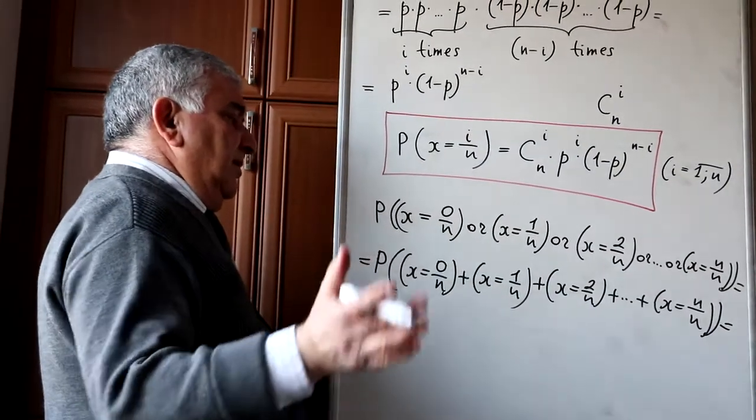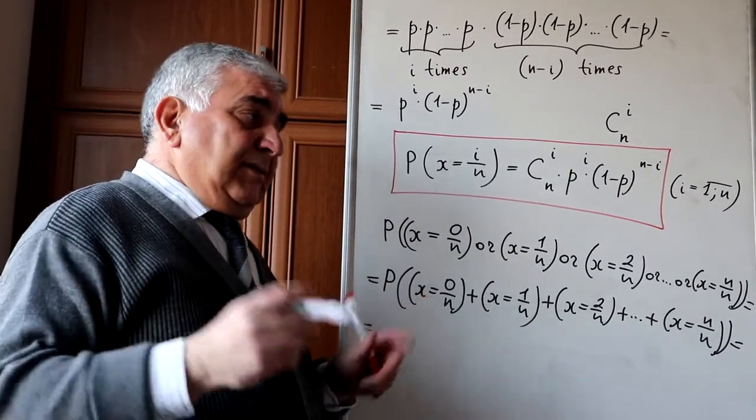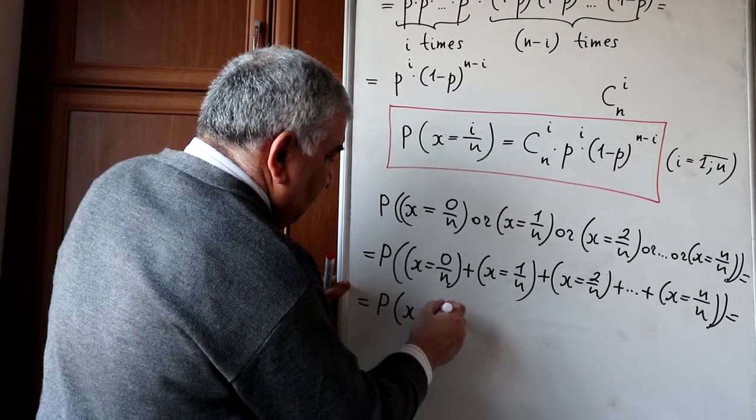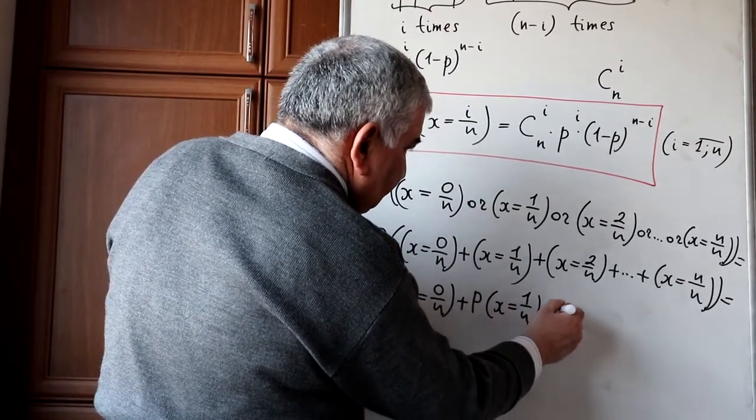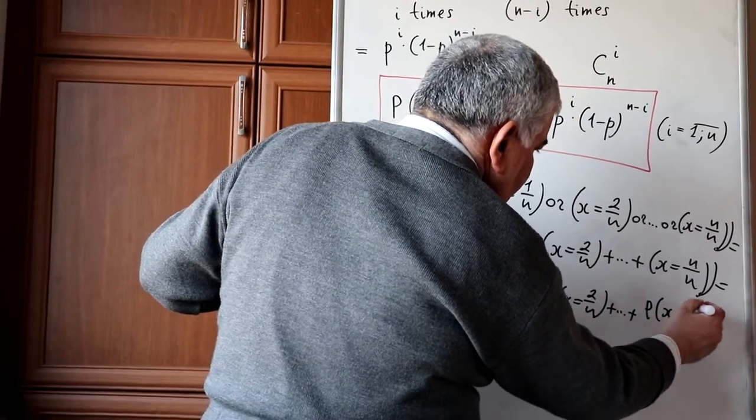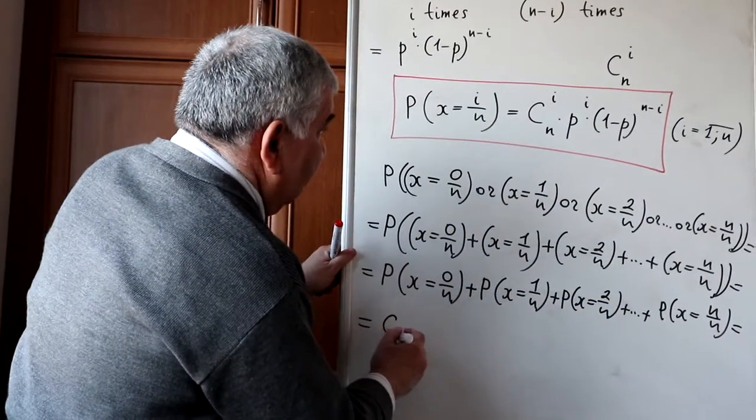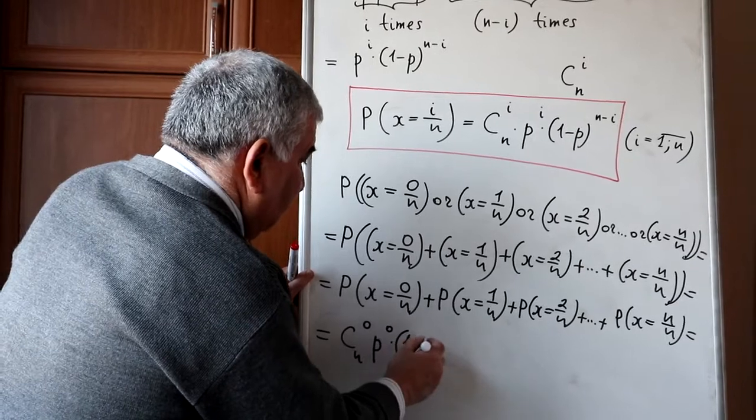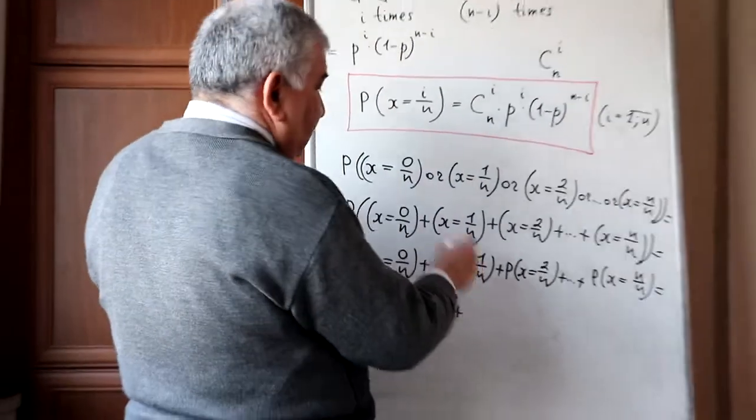Then according to the addition theorem, the probability of the sum of incompatible events is the sum of the corresponding probabilities. P of x equals 0 over n plus P of x equals 1 over n plus P of x equals 2 over n plus etc. plus P of x equals n over n. Then use this formula: C of 0 out of n, p to 0 multiplied by 1 minus p to n minus 0, plus,